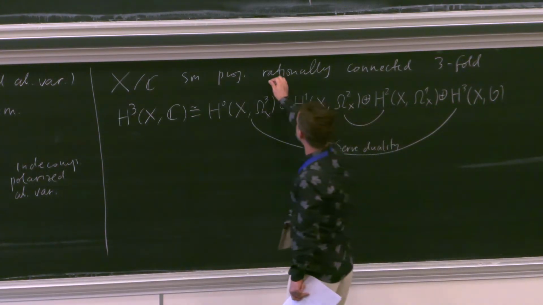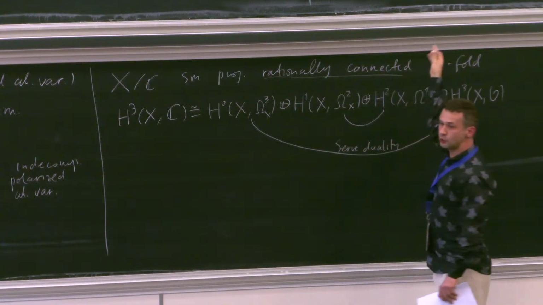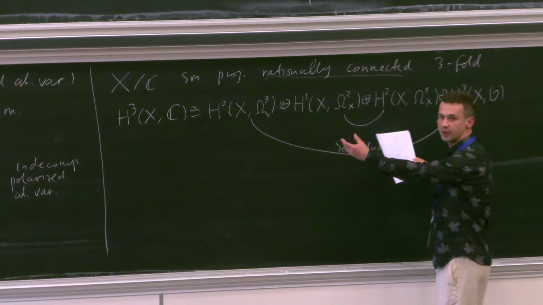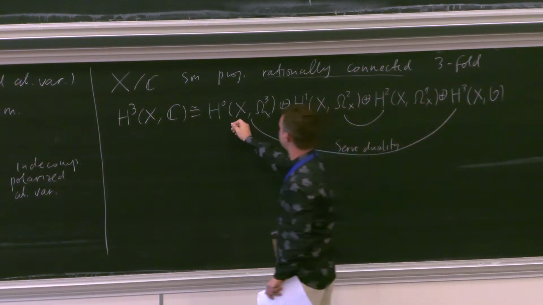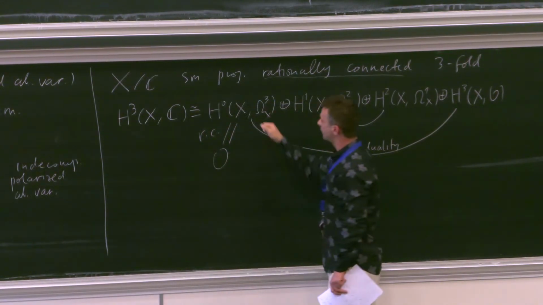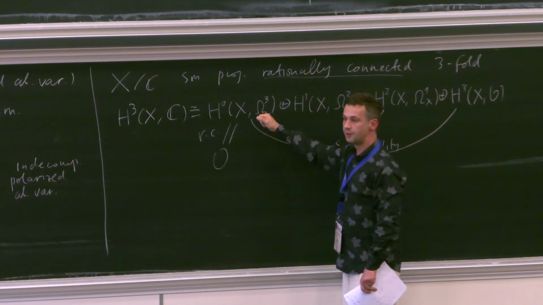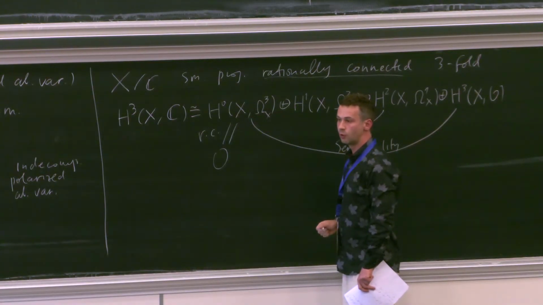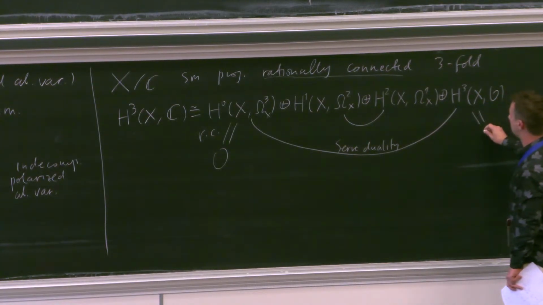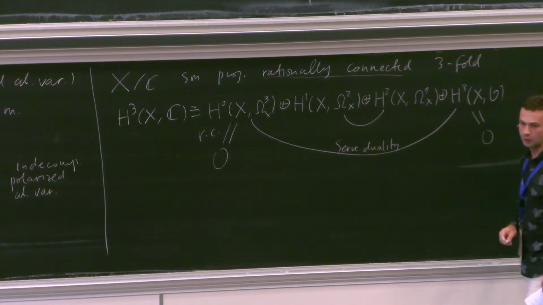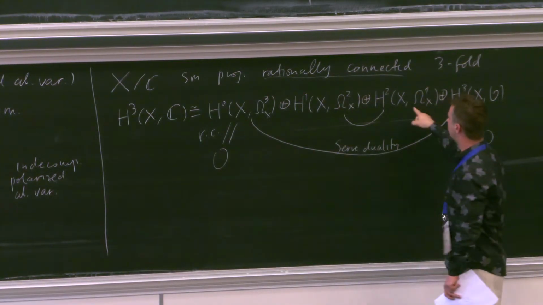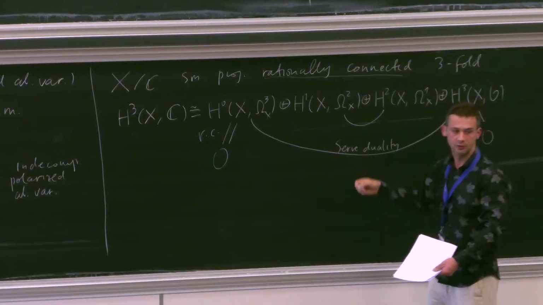So why do we assume rationally connected? It's to be able to take this quotient, we ideally want one-step filtration. Here there's too much stuff, so rationally connected buys us that this is 0. Rationally connected varieties, there's no top forms. And so by CR duality, this is also 0. So now it looks very much like a curve where I have like two pieces, and I'll end up quotienting one of them by the integral structure.